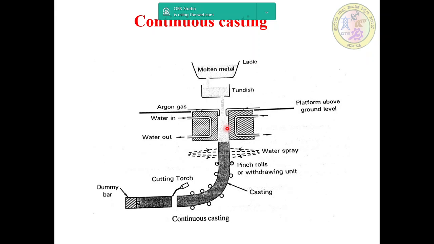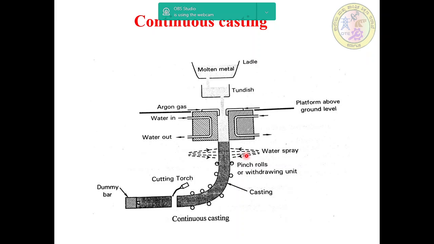The water cooled mold controls the cooling rate. Here water is supplied on both sides, water in and water out, controlling the cooling rate of the metal so that it solidifies before it leaves the mold. The metal after coming out of the mold is further cooled by direct water spray, as shown in the sketch, or water with air,